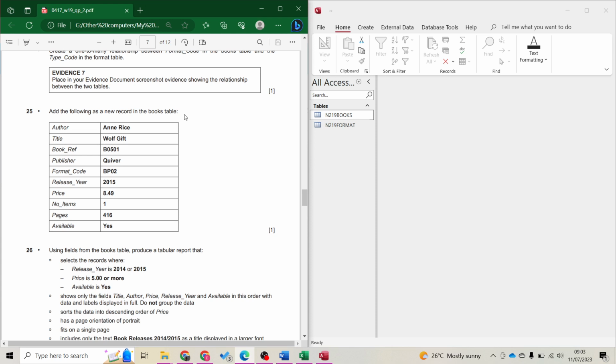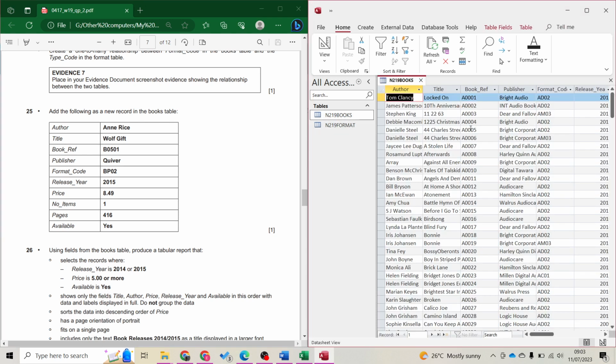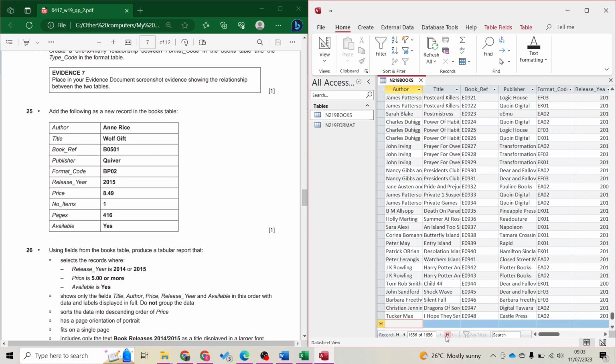Next, add the following new record to your books table. Here, they didn't ask us to create any form. So straight away we're going to type here. So at the bottom here you will see some arrows. And move your cursor around and look for new record option. Click on this and type